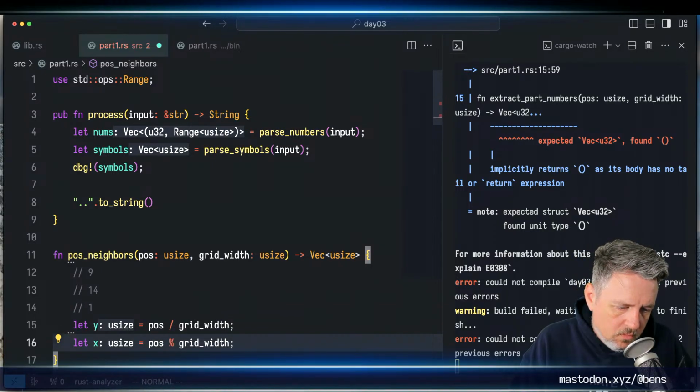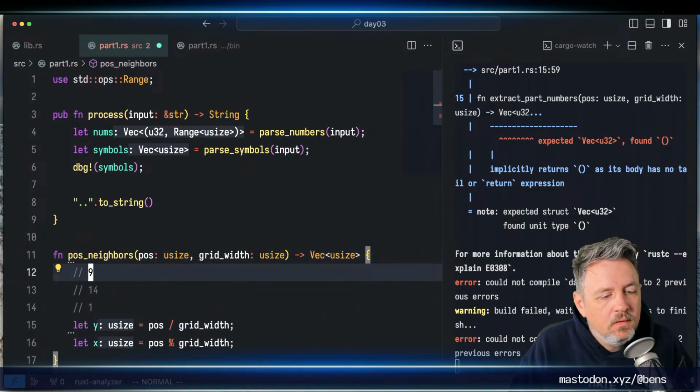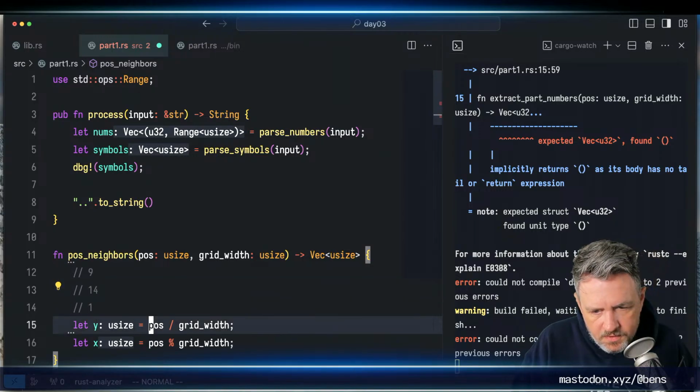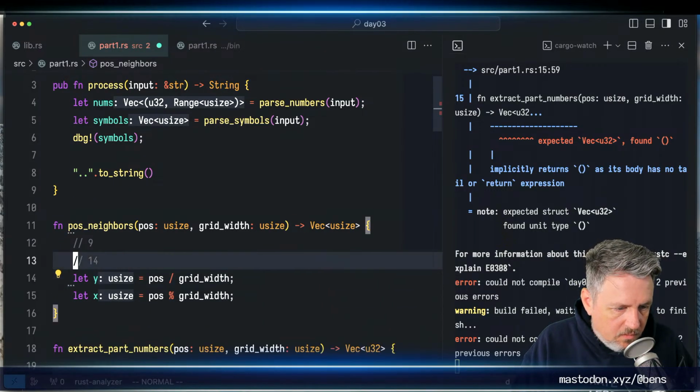So I think this is correct. I'm still not sure about the newline. So is our grid width 9? I'm just worried we're going to be off by 1 every single row past what we're looking for. But our sample input should help us figure that out. Okay, so now we've got the